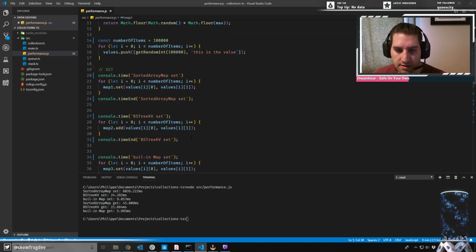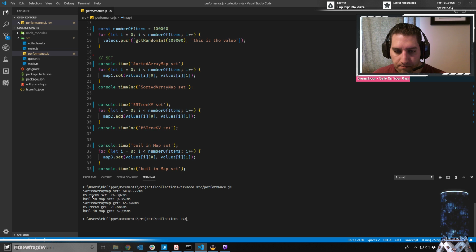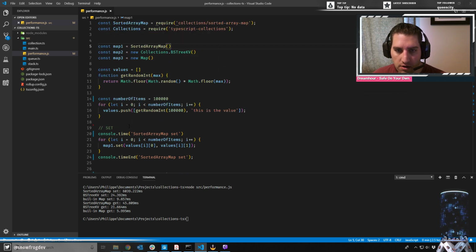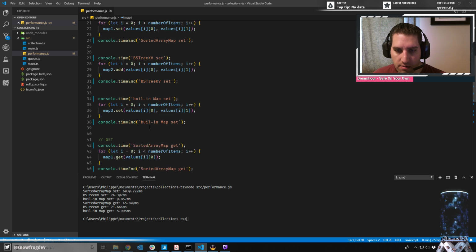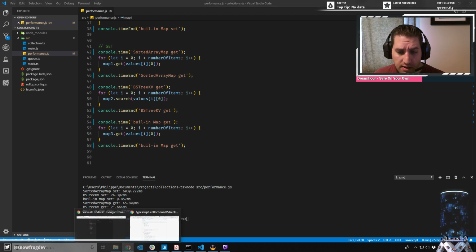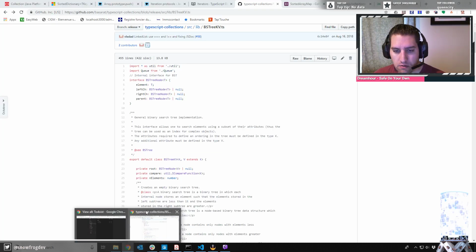And I did some tests yesterday, and it turns out that for setting and getting from map, the built-in map is much faster than at least those other two implementations, which made me think, then why are people even bothering with them? So I did a quick Google search,